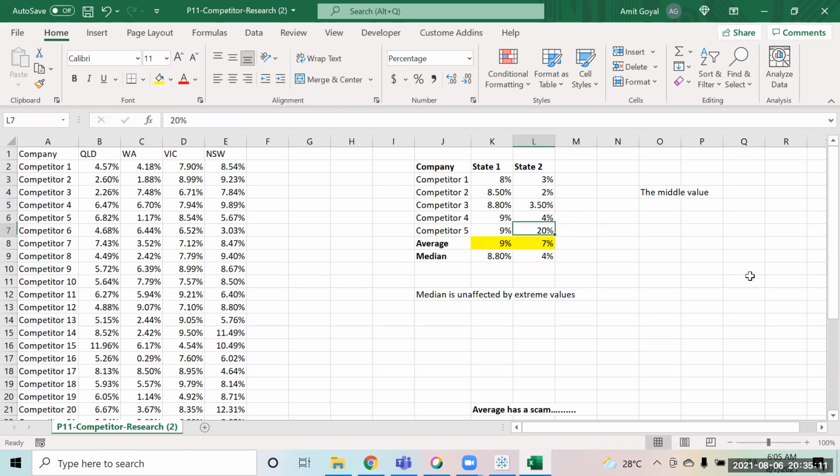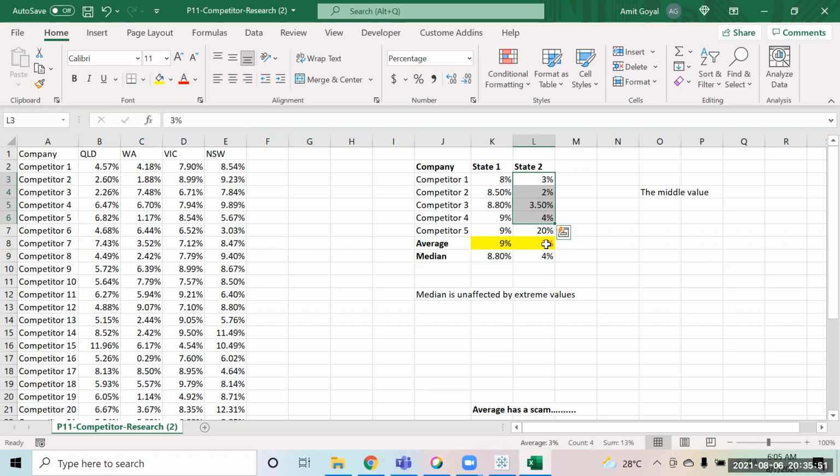So the reason we find the average and the median is, if the average and median are very near to each other, that would suggest that you have consistent values in your data. But if you find a big difference between your average and median, that means if the median is on the lower side and the average is on the higher side, you can tell right away that there is some value which is very high compared to the rest of the data.